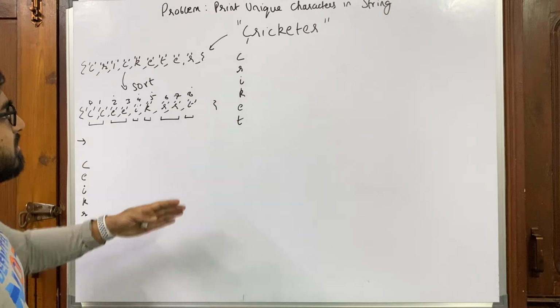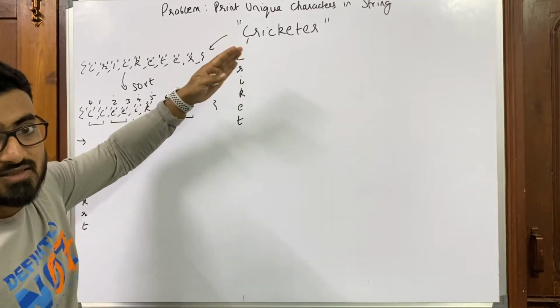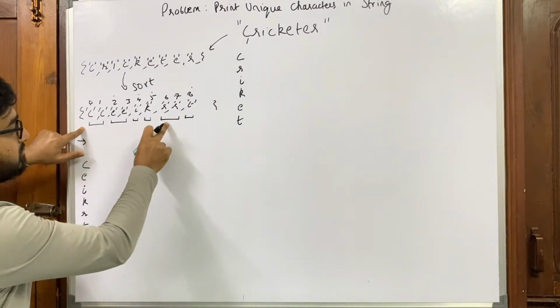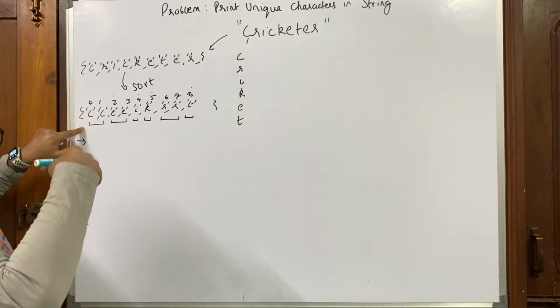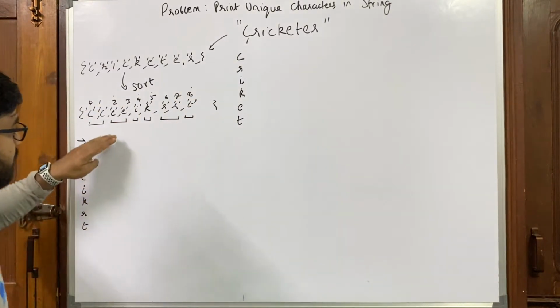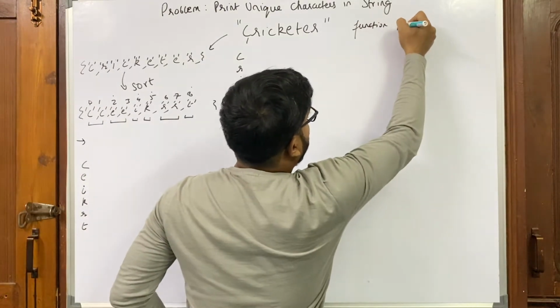As I said, the solution to this problem is inspired by the solution that prints duplicate characters in a string. It uses the same idea. It just counts how many times a character appears and prints the ones that appear more than once. So we will use the same pseudocode and modify it to print according to this solution. Let me first write the function print unique characters.